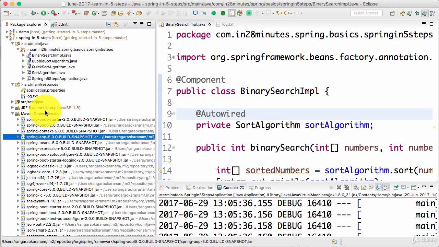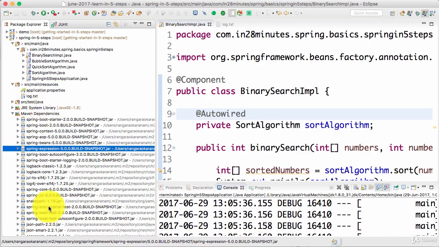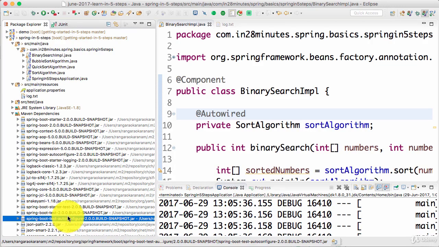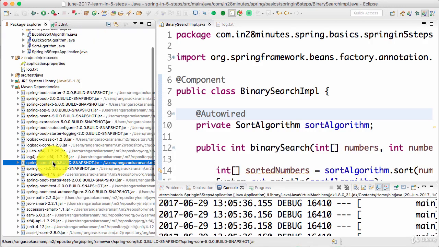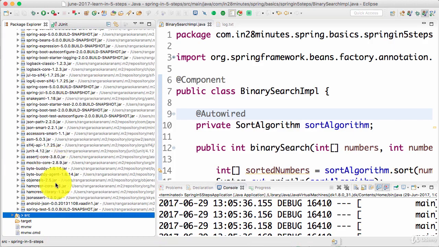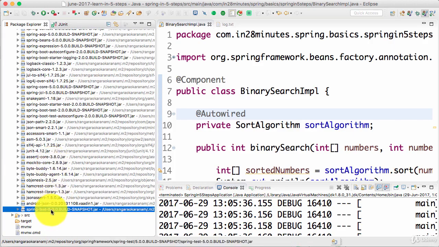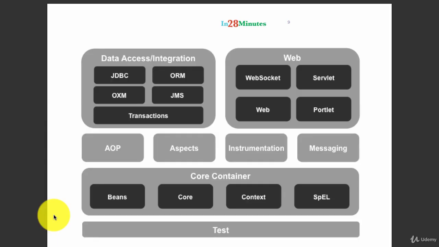Spring Context, Spring AOP, Spring Beans. You would see other Spring stuff also right beneath. You can see Spring Core in here, Spring JCL. And you also see the Spring Test module in here. So Spring is not really one big framework. It's not like you have to use the entire Spring framework or you don't use it at all. Spring is built in a very modular way, and this enables you to use specific modules without using the other